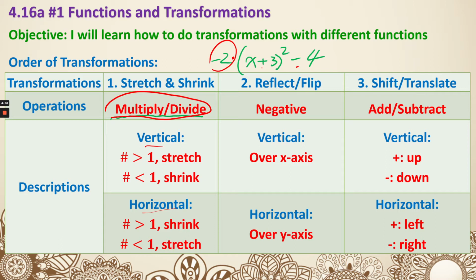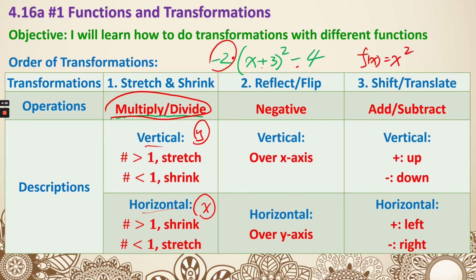Here's how we decide on that. Vertical stretch and shrink basically means it's happening on the y, and horizontal basically means it's happening on the x. And we can see this, the parent function is going to be f of x equals